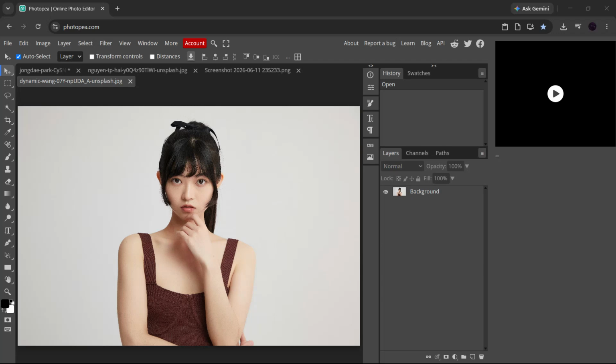If you want to learn how to use Photopea AI, you're in the right place. In this video, I'm going to walk you through Photopea's smartest AI-powered tools so you can remove backgrounds, select objects faster, clean up unwanted details, and even convert bitmap images into editable vector shapes. This is perfect whether you're a beginner, a designer, a content creator, or anyone who wants to save time while